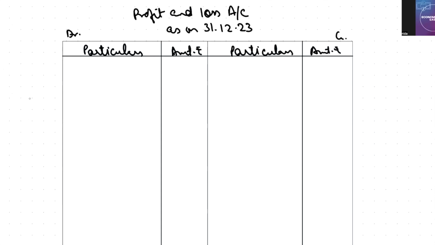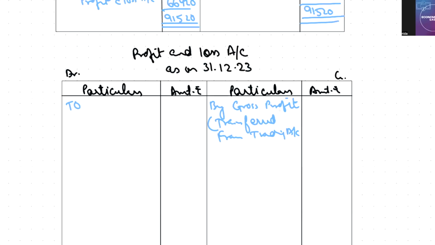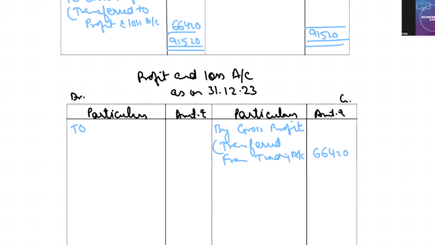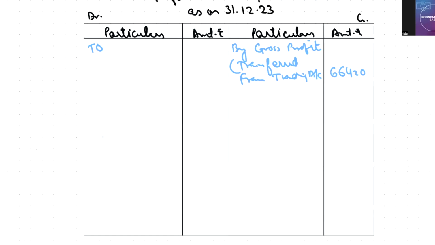Okay, then to and by, every time you have to write. Gross profit आया था, gross profit transferred from ट्रेडिंग अकाउंट। ओके, मैं जल्दी में लिख रही हूँ इसलिए राइटिंग ऐसी आ रही है, आप प्लीज साफ साफ लिखिएगा। ओके, टू सैलरीज एंड वेजेस फर्स्ट ईयर। अगर वेजेस पहले होता तो हम ट्रेडिंग में करते हैं। टू कैरेज आउटवर्ड, इनवर्ड होता तो आपका ट्रेडिंग में होता, राइट।